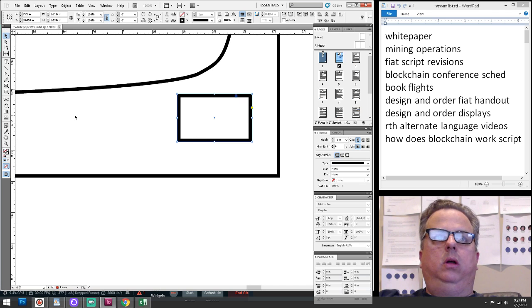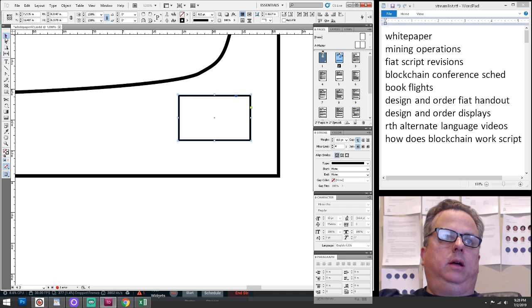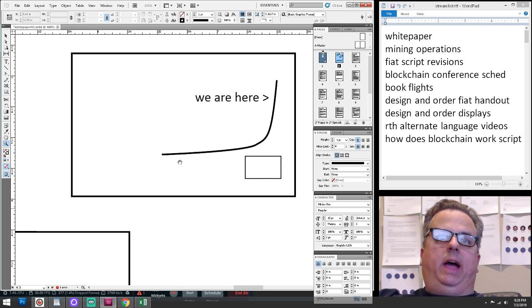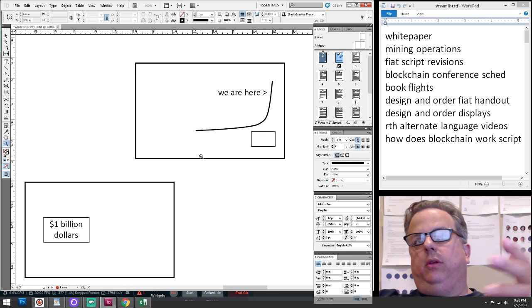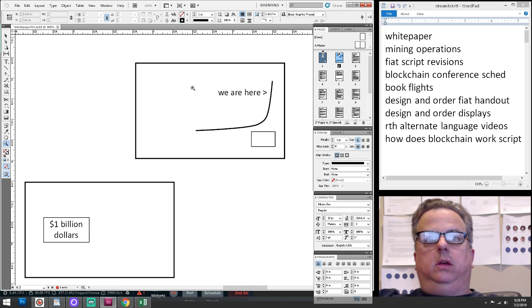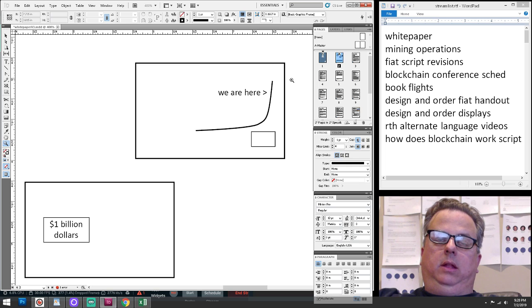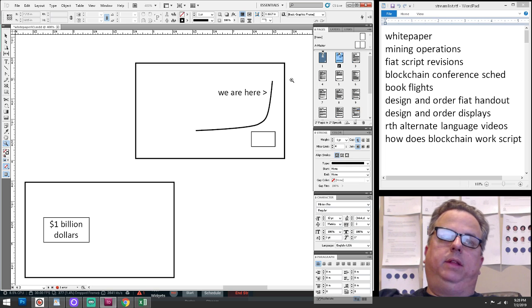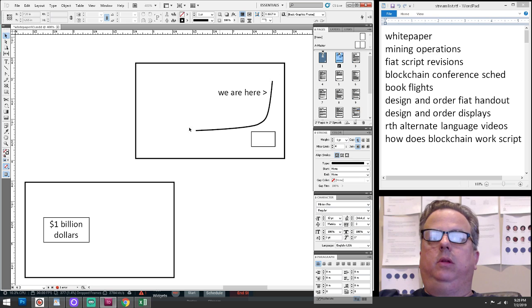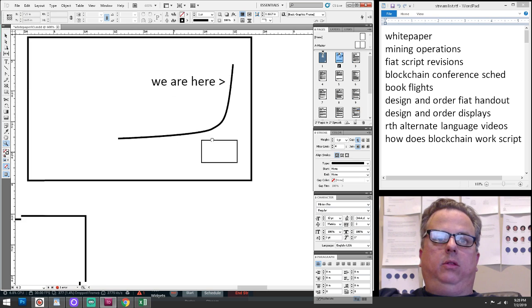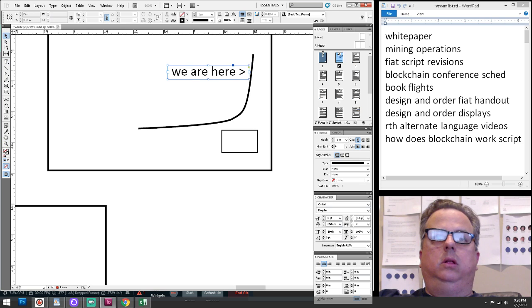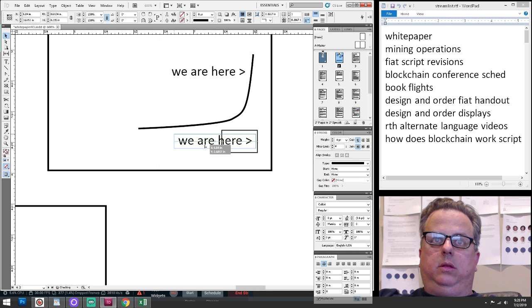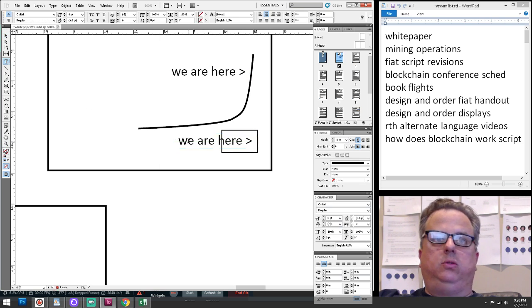And so the problem that we have is that the Earth's go-to currency is in the wrong part of town when it comes to this debt curve. So we have an unsustainable financial situation